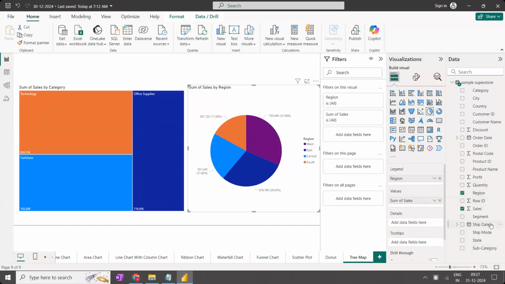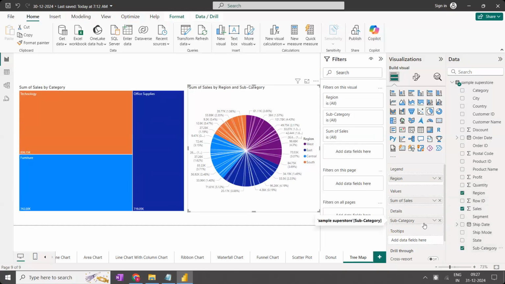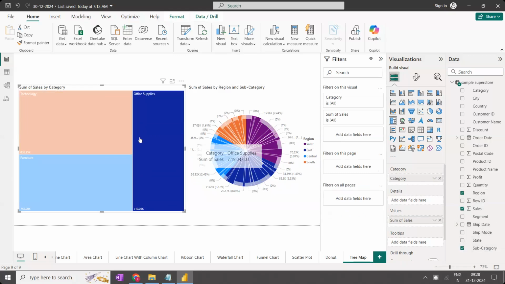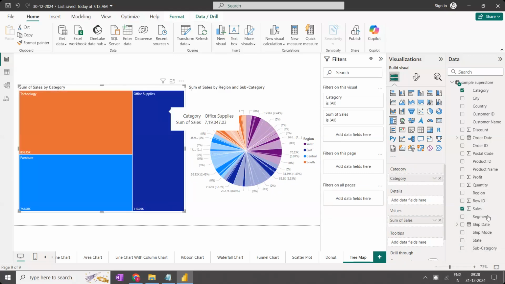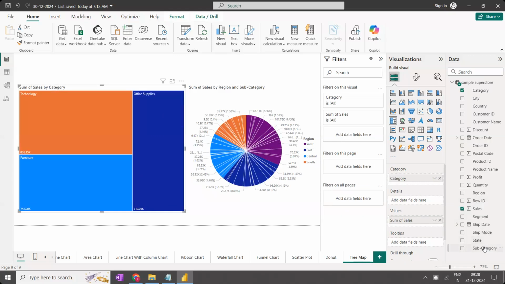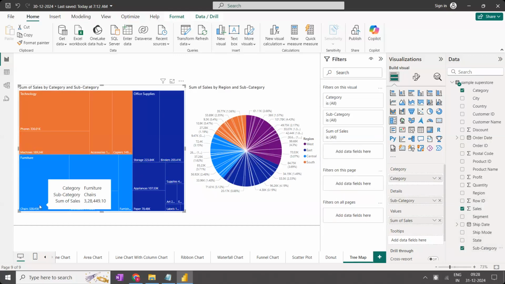Okay, so here I'm adding in terms of subcategory in the details. So see, now here when I added in the pie plot, the pie plot is not making sense. But when I add the same thing here within this particular tree map, when I bring the tree map and if I add the subcategory, now this is making sense or this is making sense? Is the point clear? So based on the requirement,